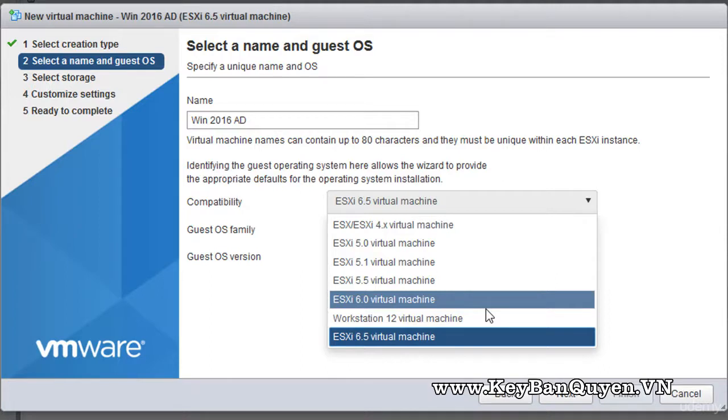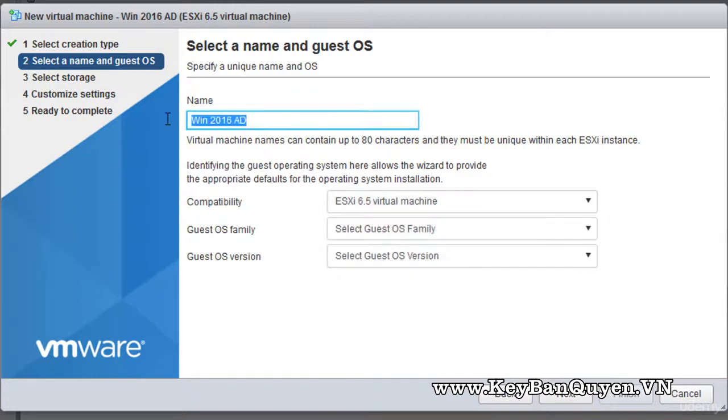This goes back to your data center. If you already have a host with an old ESXi version, for example ESXi 5.5, and you know that in the future you may want to migrate this virtual machine, called Win 2016 Active Directory, to the other host that uses ESXi 5.5,